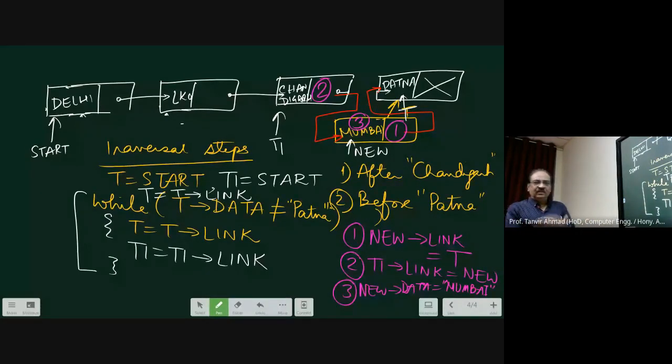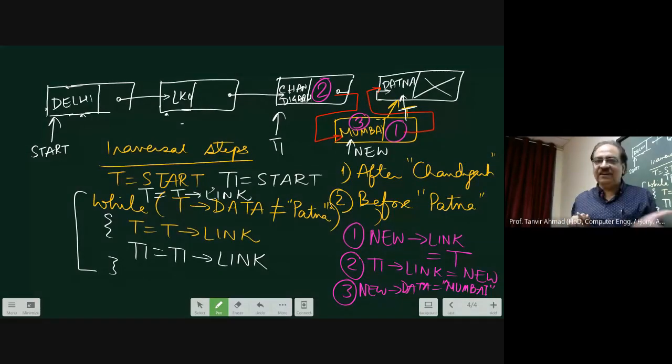Okay, that means you can move 2 nodes simultaneously, such that one is 1 before that. And with this method, you can insert after or before both. Except that if it is before, you move 2 pointers. If it is after, you can use 1 pointer itself.